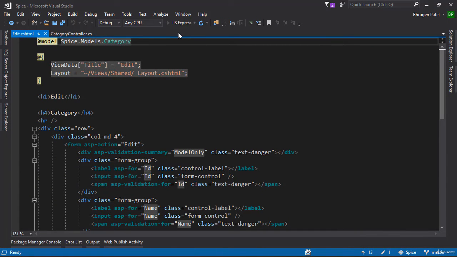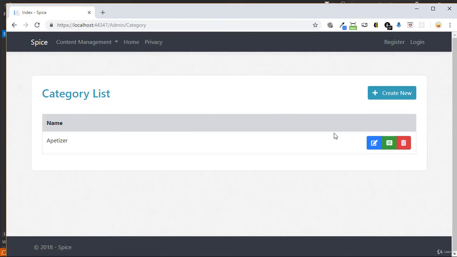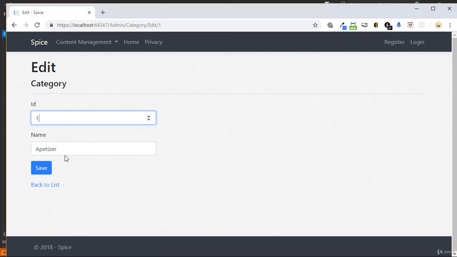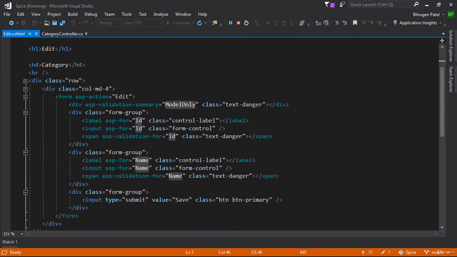Let's run our application to see how things look like. Obviously, we will be going back and editing the template, but I just want to show you how things look like here. So if we hit on edit, great, we have ID and name. And I think if you do save, this won't do anything because we do not have the post action method. So you can see using the template, it will display all the properties that you have and the save and back to list button. Let's keep this running and modify whatever we have in the template